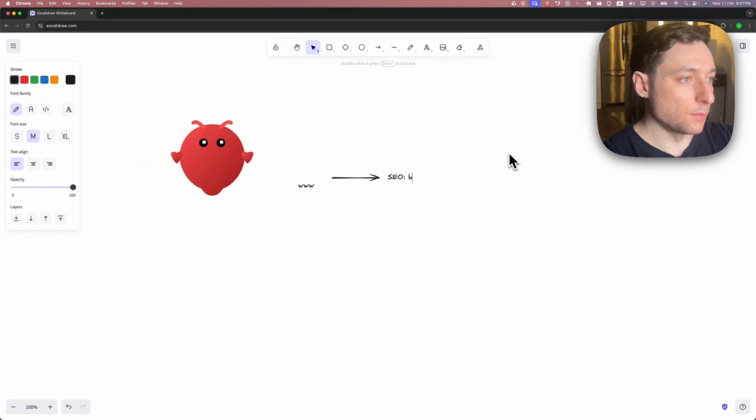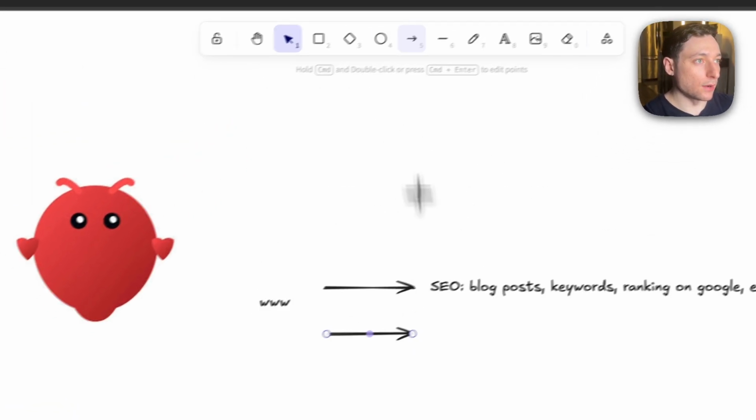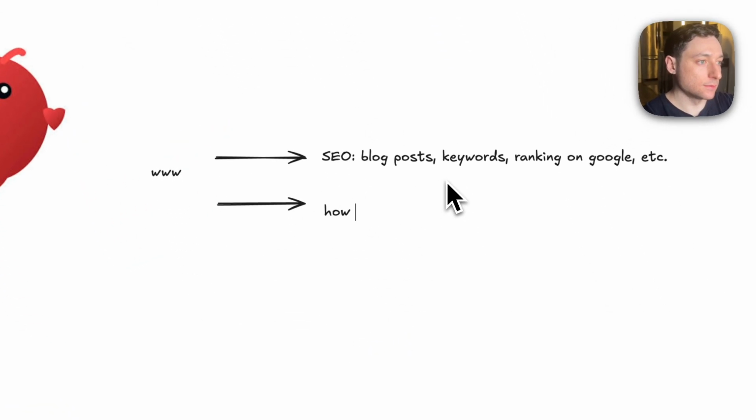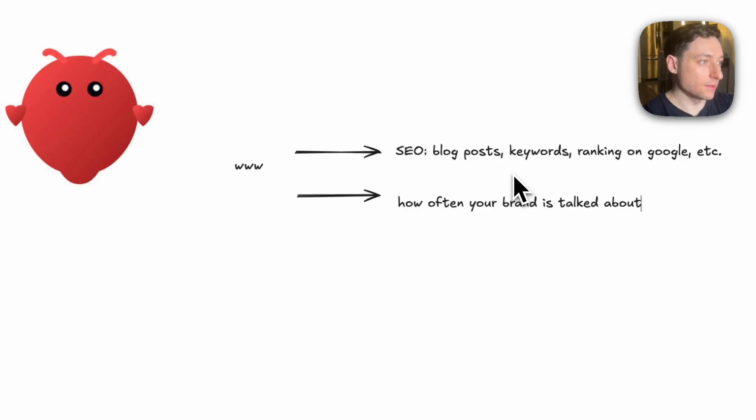It's blog posts, ranking for keywords, you're ranking on Google, etc., right? But then the second way that many people don't know about is how often your brand is talked about